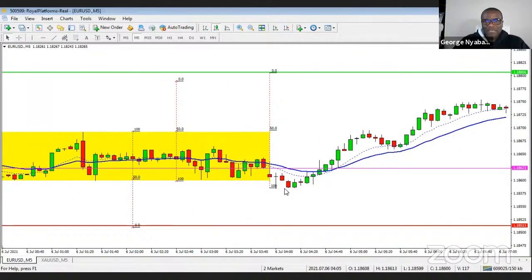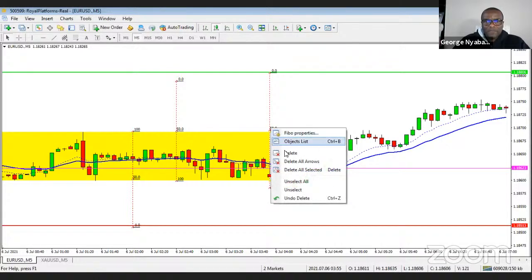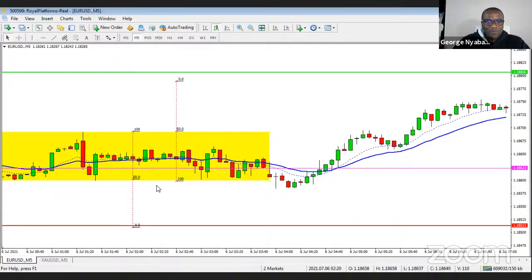Then you see that attempt by the bears to break down, and clearly, let's just clean this up. There is the first attempt to break beneath that low, and it fails. Information has been provided to you. Bears attempted to break, but they failed to break, and they created a doji. A doji is a one bar, one candle trading range, and no sign of bear strength. Bears do attempt to resume again, but they can't even break beneath that low. So immediately that says perhaps the bulls are strong enough.